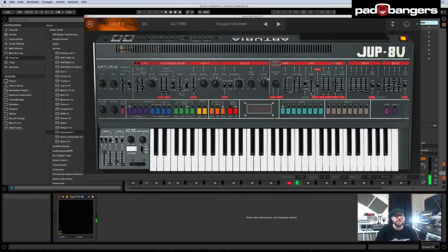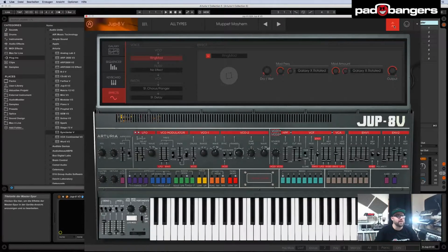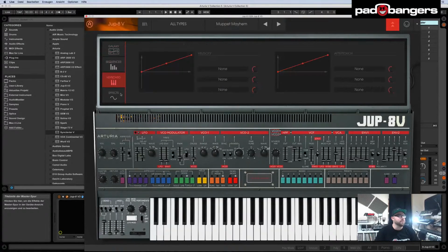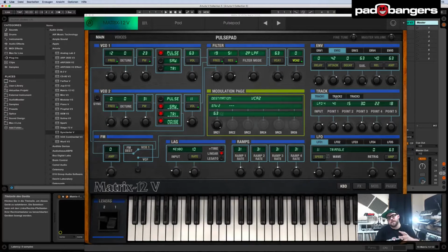Typical Jupiter sounds. Also here some modulation sections. Now this one is the only one, I don't know why, but it gives me a white screen when it changes up, but I can live with that. Not a big deal. And also here the Galaxy modulation and the sequencer, keyboard settings and the effects section here. Very nice. The Matrix 12 was the first of the instruments I saw from the V Collection 5,